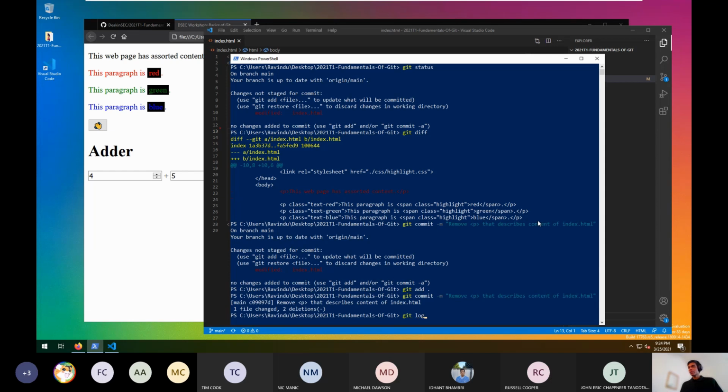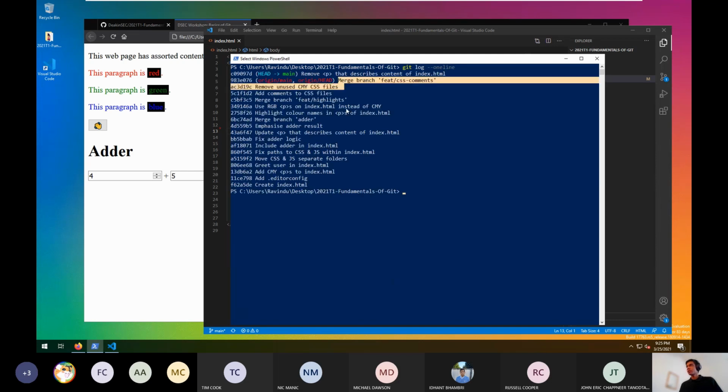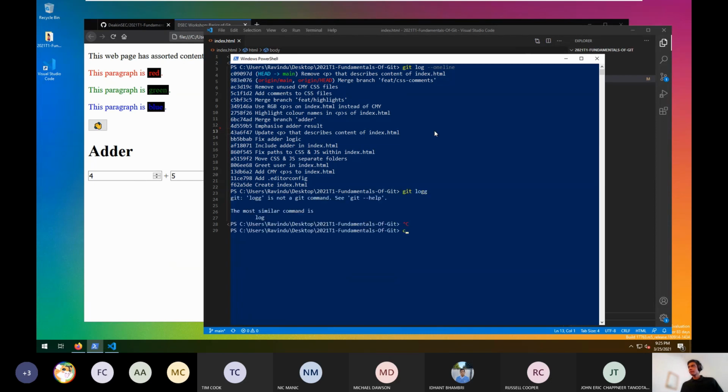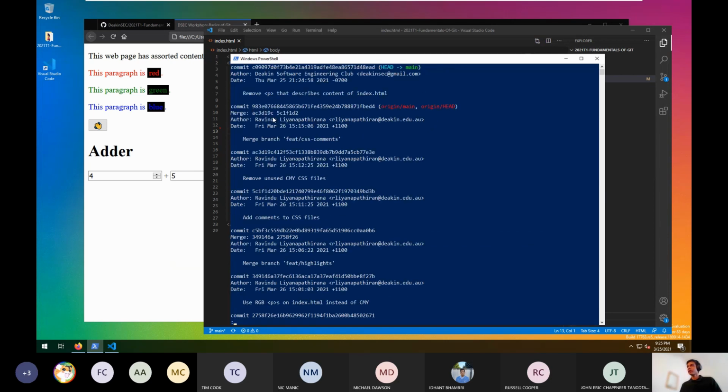So if they had a look at git log now, they'll notice that my changes are over here, and then their changes over here as well. And if we have a look at the actual full log, you'll notice that my changes are over here, and the author is me, and then the author of this change is a different author. In this case, I've configured Git on this machine to use a different credential, a username and password.